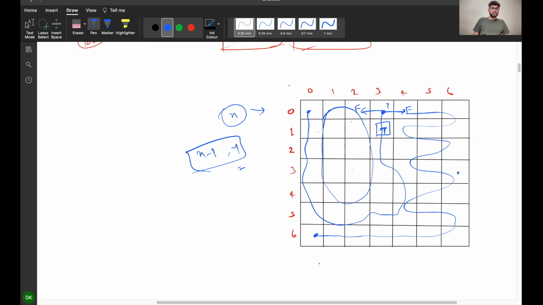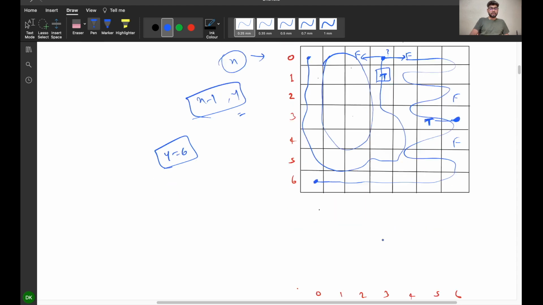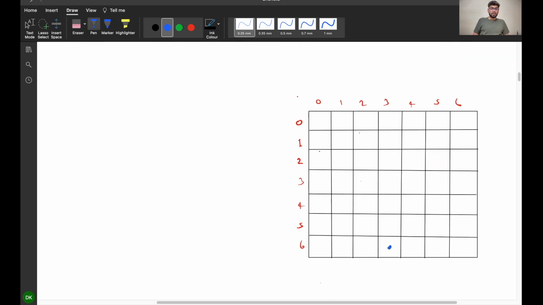Also same for this, whenever my y is 6, and my left is visited and my top and down are unvisited, then I also have to clip it out. Also same for this, whenever my x is 6 and my x minus 1 is visited and my right and left are unvisited, then